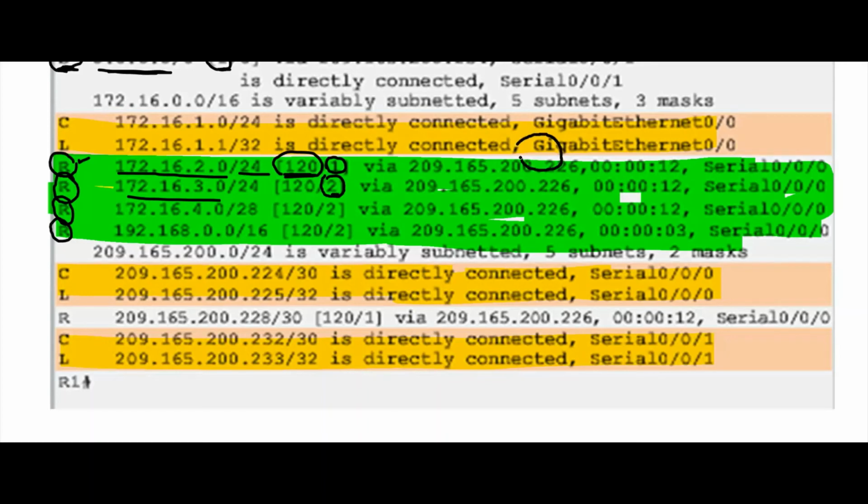See, I'm here in this router. So if I want to go to 172.16.3.0, this is 1 and this is going to be 2. So if I want to reach 172.16.3, I have to make 2 jumps. If I make 2 jumps, I will reach. This is the meaning. So this is called the hop, the jump. If you make 2 jumps, you will reach this network.